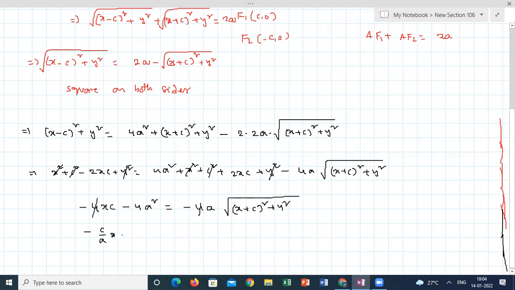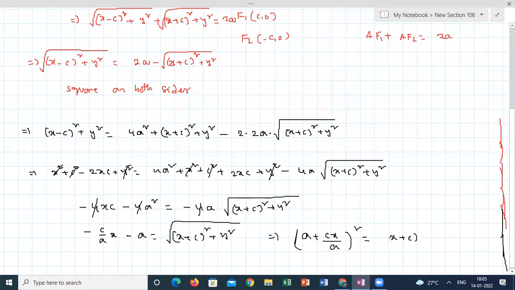Minus c by ax, minus a is equal to the root of x plus c whole square plus y square. Now I am squaring on both sides. I will get a plus cx by a whole square is equal to x plus c whole square plus y square. On simplifying,